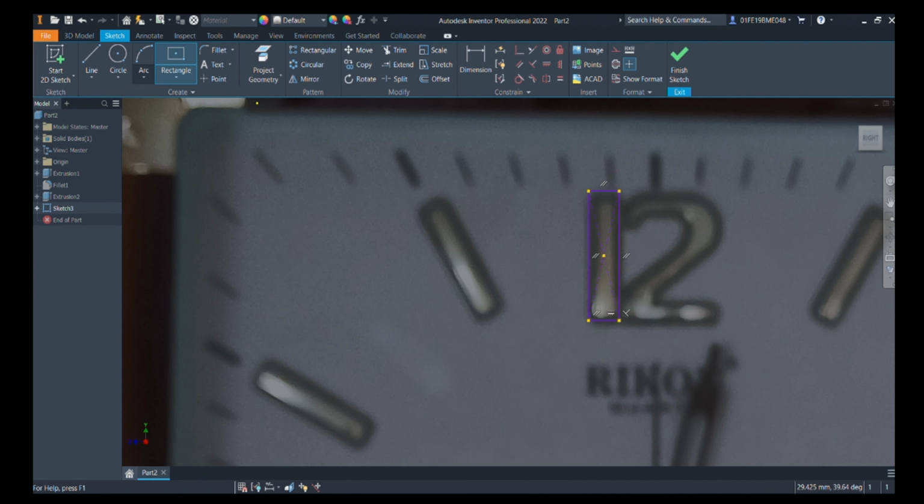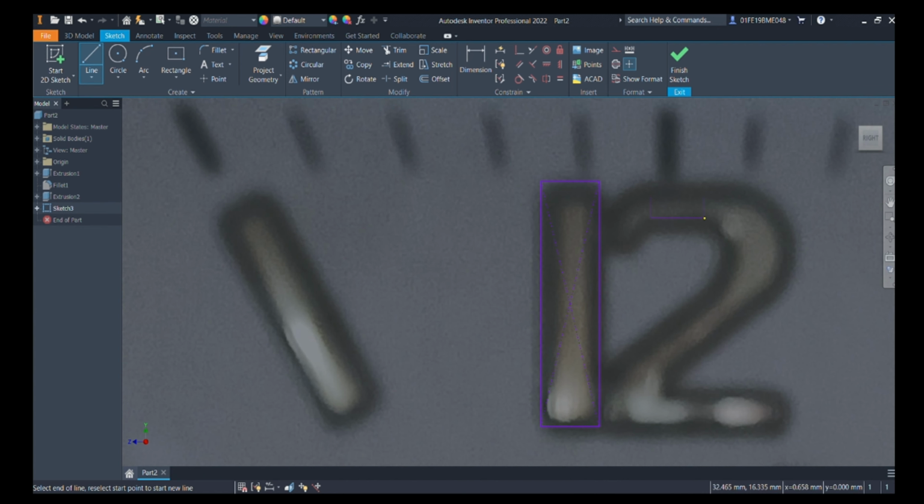Then we will design our number digit 2. Basically we will add an arc and then one more arc which will be tangent to both. Yeah, we have added the arc to it. Then we will make the tangent. This is the tangent tool we will be using for the operation.